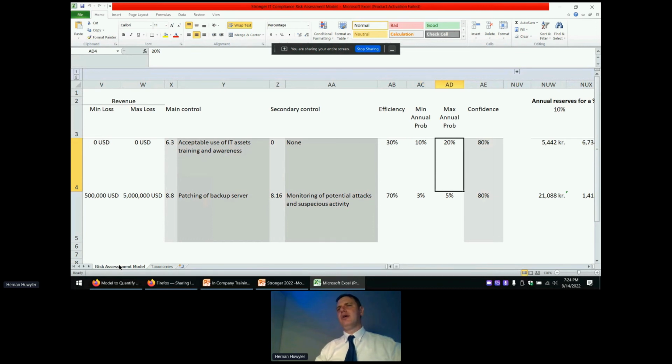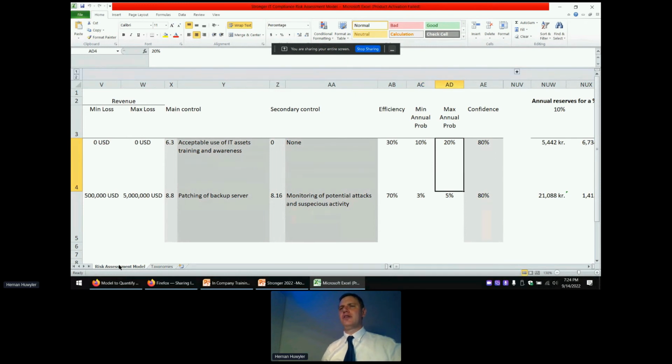In this model, we are assessing, as an example, that we are expecting this risk to be materialized in the best scenario once each 10 years. It means that we are expecting this risk to happen with an exposition of 10% a year.